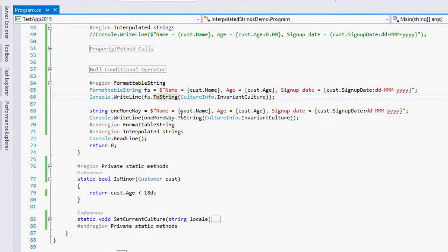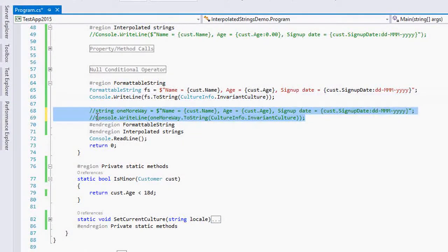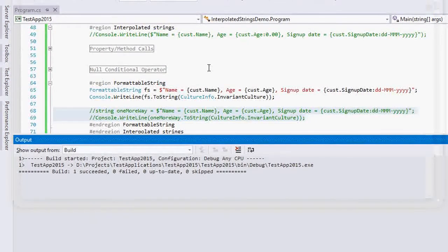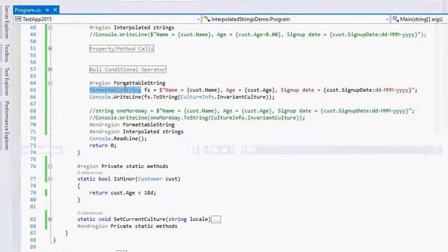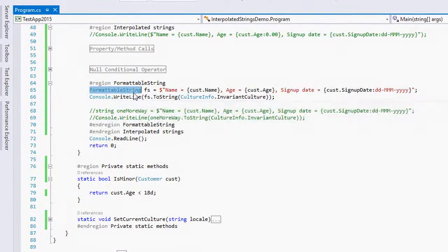Okay, let's see what happens if I run this program. The output is the same as before. So that means this FormattableString is no magic. It is just printing the string as we have expected. But why do we need this object? Let's say